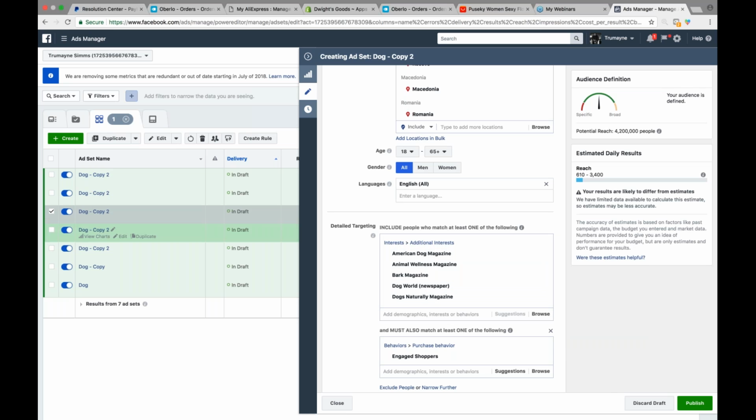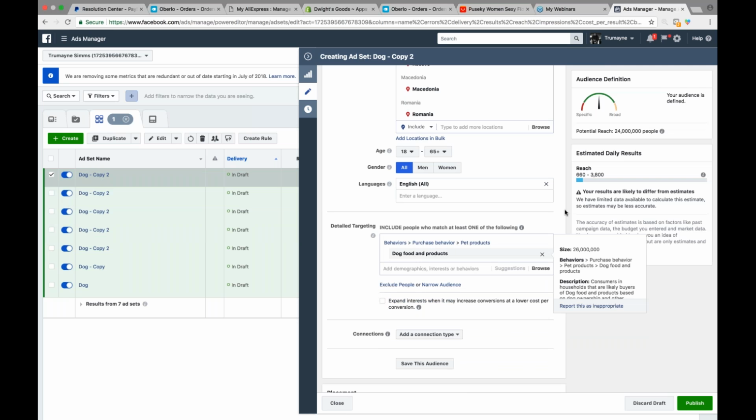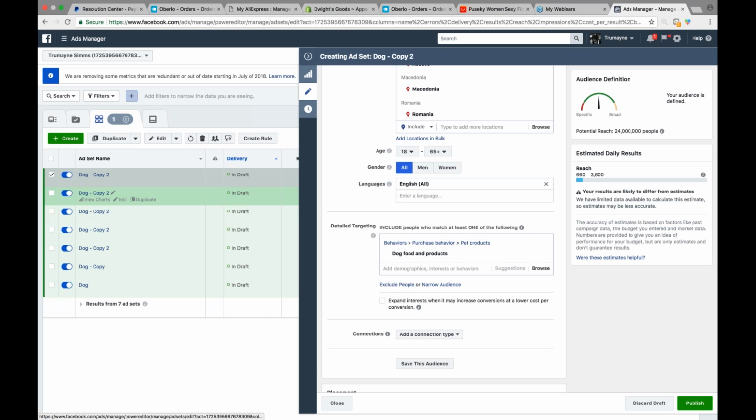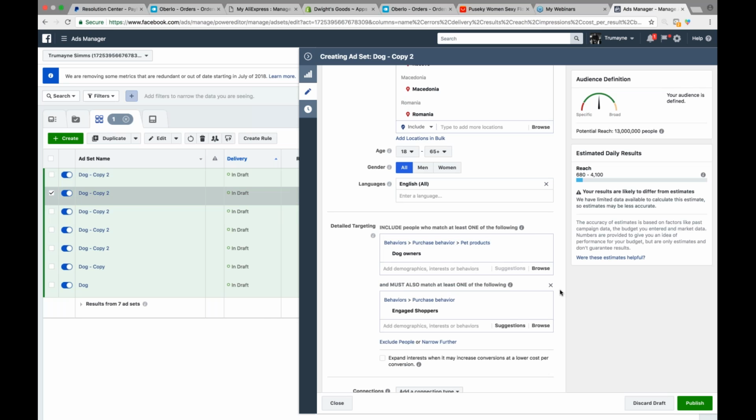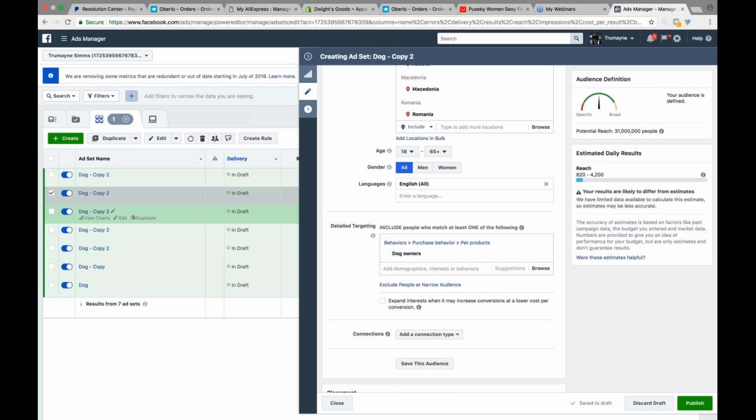magazines and things. All right, and then actually when you're going through these, pay attention to your potential reach. You want them to be underneath 50 million still. You don't need engaged shoppers with it if it's underneath 50 million. So only if it's over 50 million. Now another trick, we'll do that. Another trick is if it's underneath 10 million,